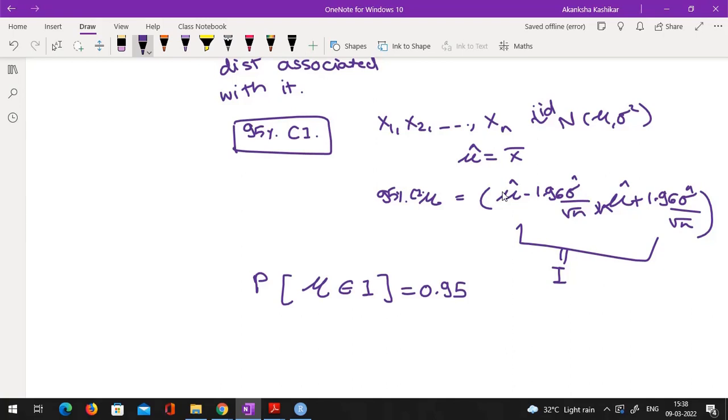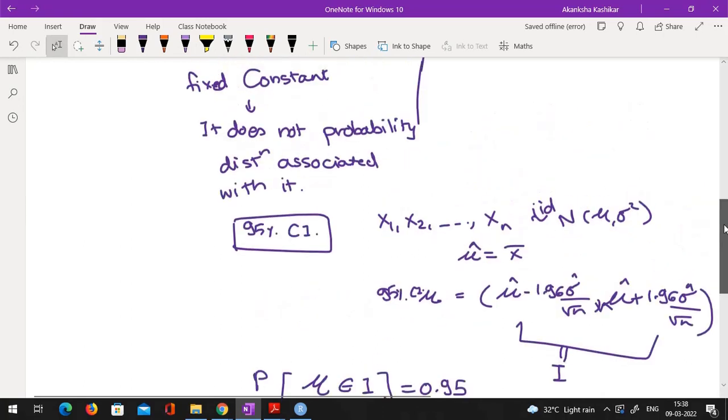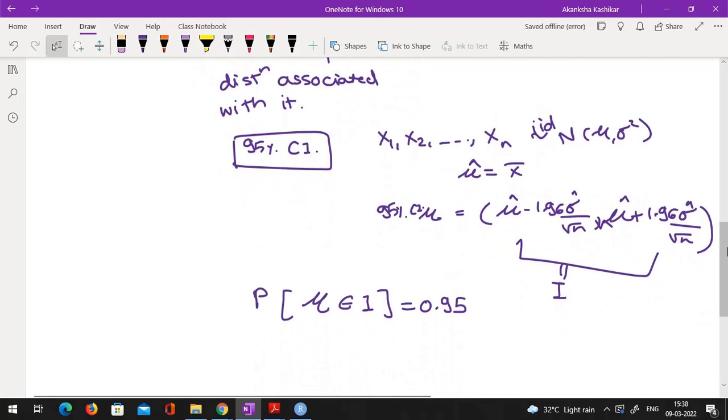Now this is where trouble starts for many people. Just hardly a minute before I was saying that mu is a fixed constant. It is not a random variable. So there is no probability distribution associated with mu. And now I am talking about the probability of mu belonging to some interval, and I am saying that probability is 0.95. Ideally, if mu is not random,